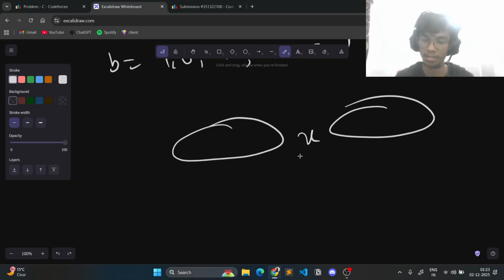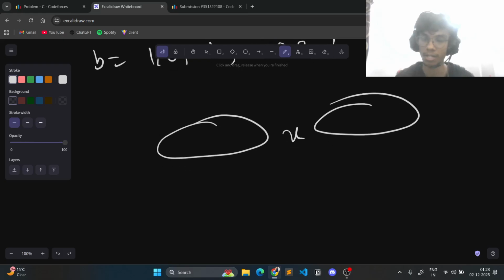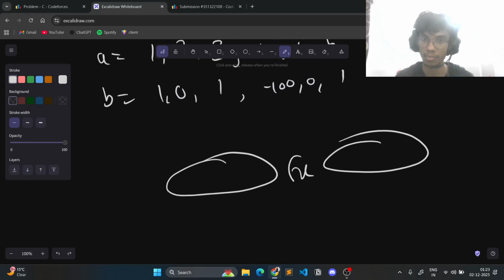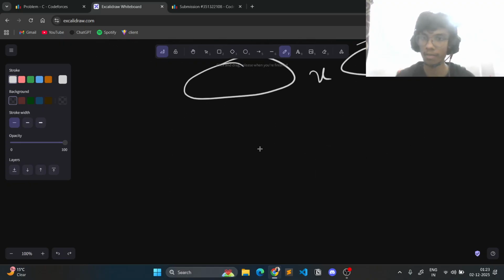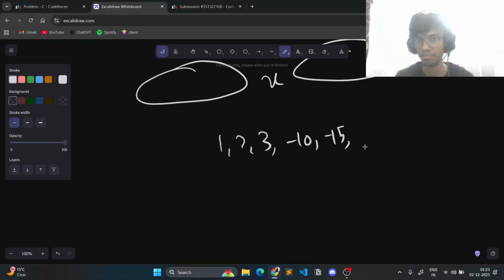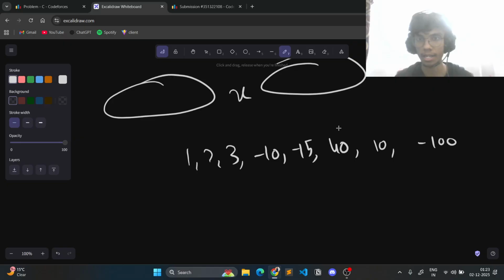I don't know actually how to explain that to you, but if we have, let's say, some elements 1 2 3, then minus 10, minus 15, and say 40, then 10 maybe, and then minus 100. So we have something like this, and x equals 40. So what I'm saying is, if we are at 40 and let's say we need to find the maximum subarray sum,